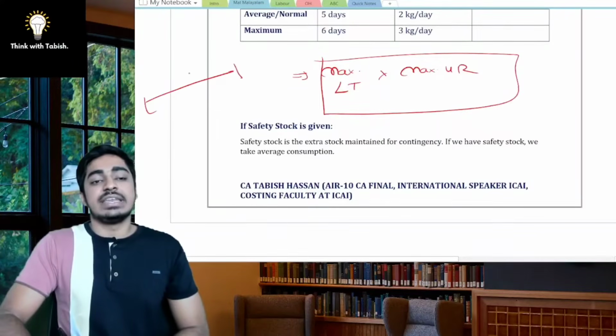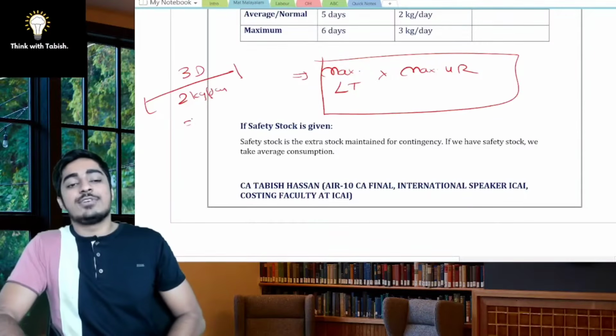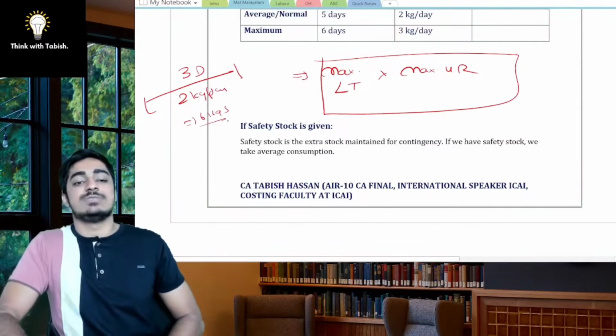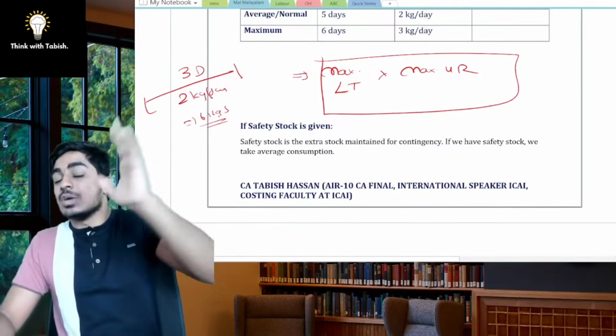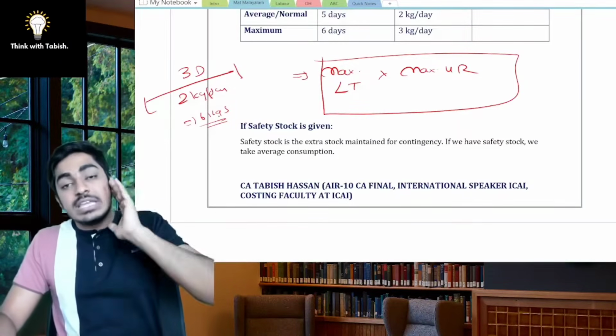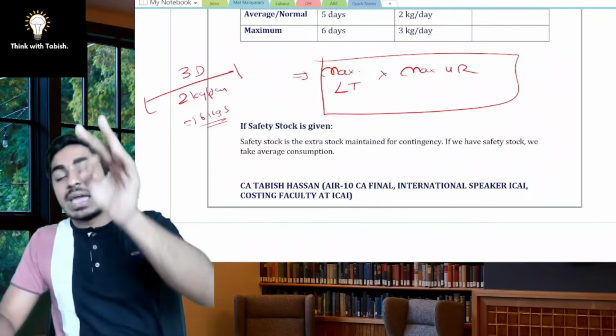Suppose it takes 3 days and every day I want 2 kg per day. So I have to place the order when I have 6 kgs with me. Yes, 3 days. Suppose it may take 3 to 5 days. I want to cover the maximum so that even if I consume the maximum, there is no stock out. So it is maximum lead time